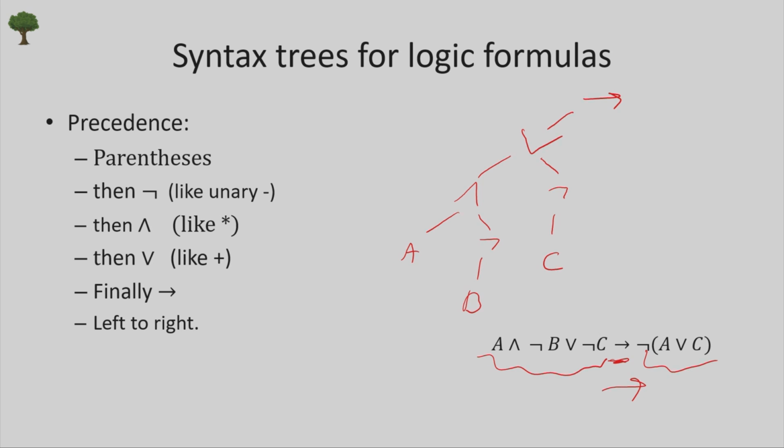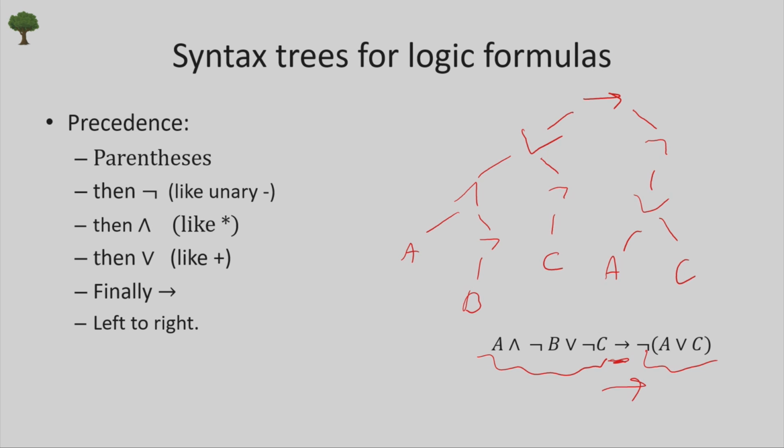something minus something. It's almost like you're taking the sum of two things, except the second one has a minus applied to it. So the second thing has a minus or negation applied to it. By the way, at this point we are done with building a tree for the formula on the left of the arrow of the implication, and now we are building a tree for the formula on the right. That formula is a negation of something, so let's put the negation on top. And what is that something that is negated? It's an OR of two things, A,